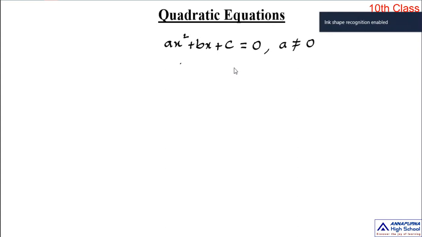Okay. So in this chapter we will study various ways of finding the solutions of quadratic equations. Okay, so that is the main important thing. In the third chapter we already studied how to find the solution of a pair of linear equations. So in this chapter we will study the ways to find the solutions of quadratic equations. Here we call those solutions the roots of the equation.